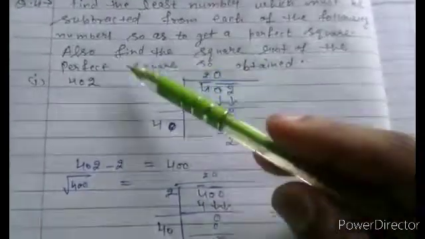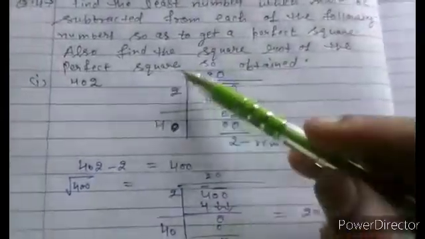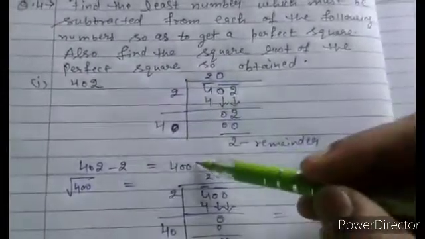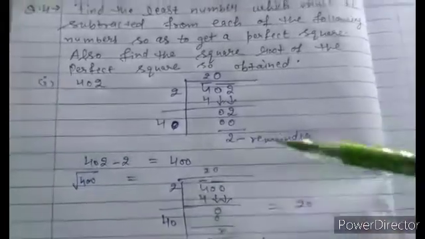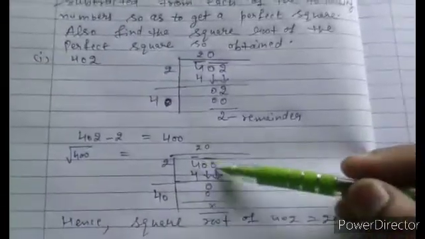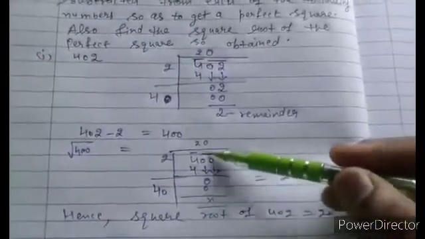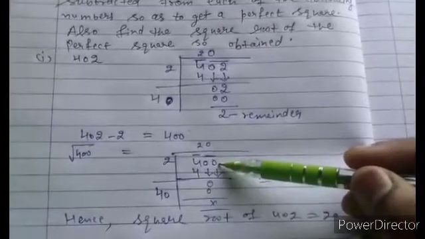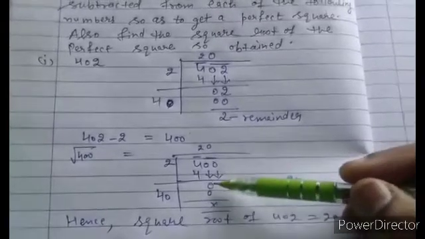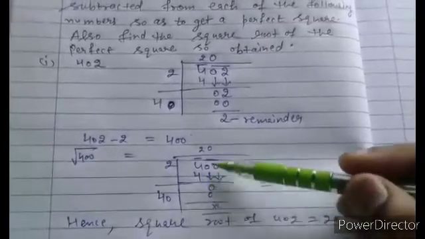Now it is said to also find the square root of the perfect square. Now that you know the perfect square, you can find the square root of that number. So the square root of 400 with the same method. Firstly make the pairs, then 2 2s are 4. This 0 can be written twice, or thrice, it will be the same value. So we can write 0.